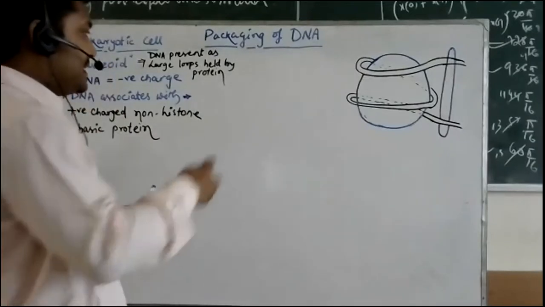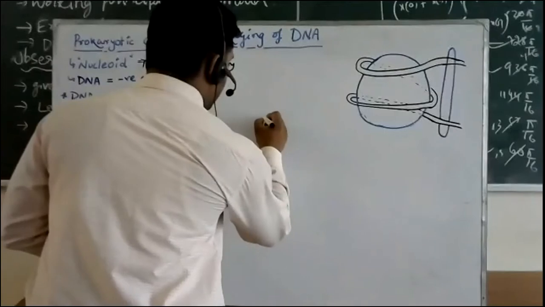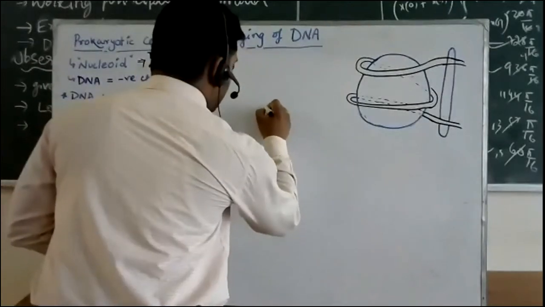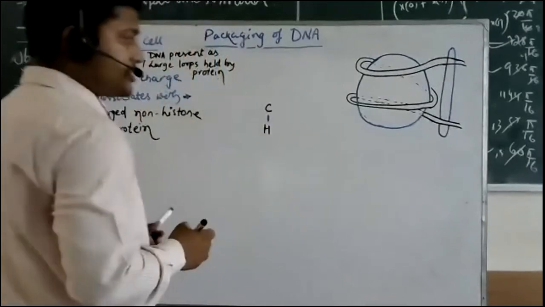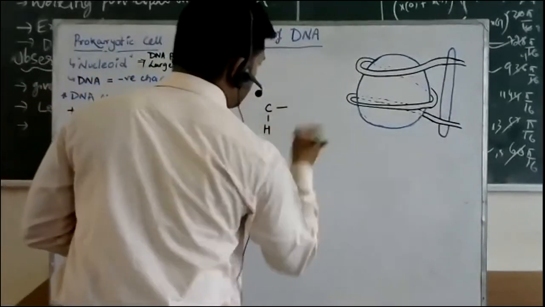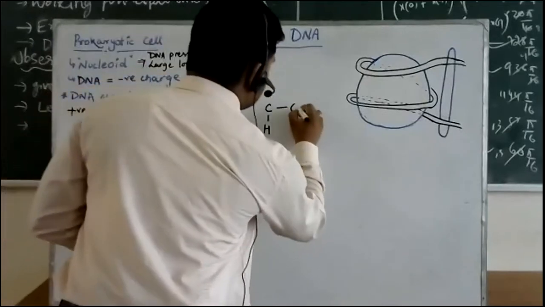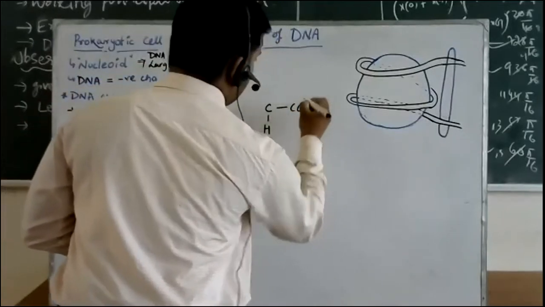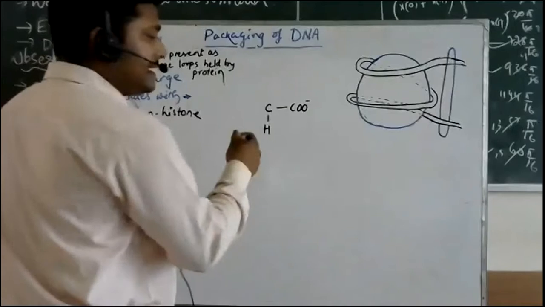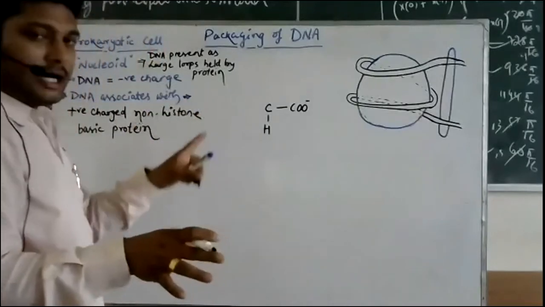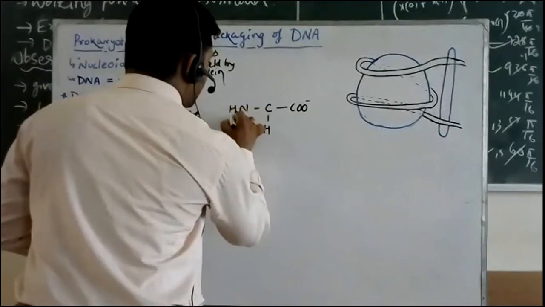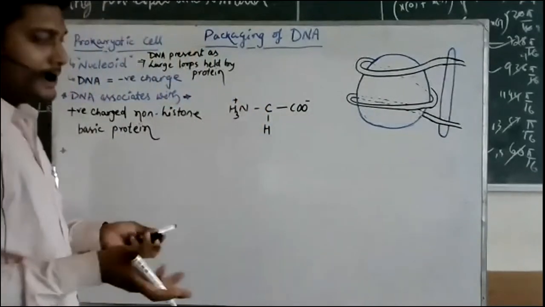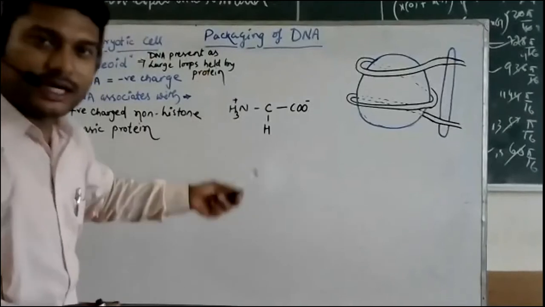Now, I hope you remember the basic structure of the amino acids. Anybody can remind me that? Basic structure of amino acids, right? We had carbon in the center, and then we had hydrogen, that is CH, and on the right side we had the COOH, the carboxyl group, one R group, and one amino group, right? So we can write NH3 plus or NH2. You can write any one of that. Anyway, this is a zwitterionic form that I'm writing.